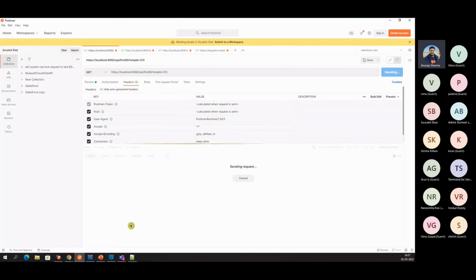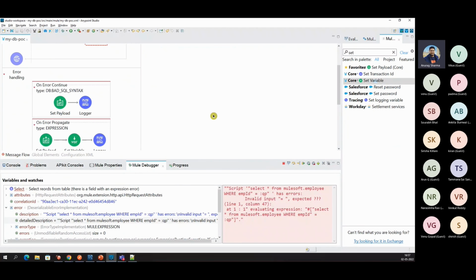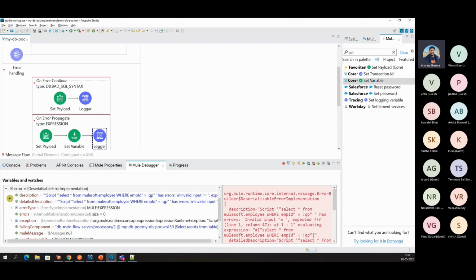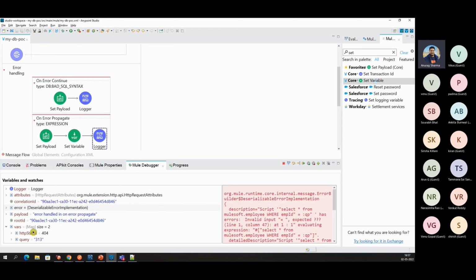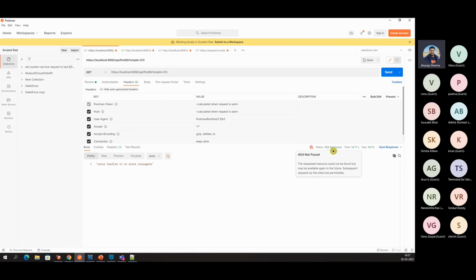Let me hit the request again. So this time it will go to on error propagate. There we are setting a variable with the value 404. So go next. Let's see, you see status 404 and this is the payload that we are setting in